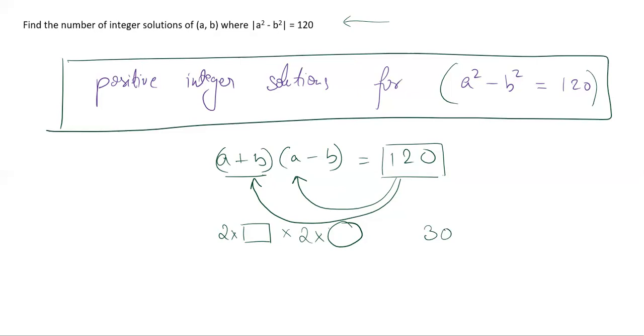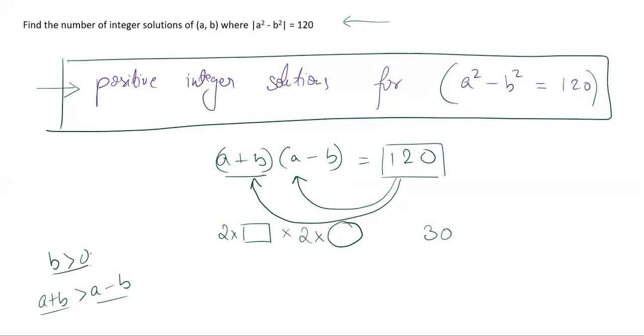Now, coming back to the variation that we are discussing now, that is the positive integer solutions, right? Because a and b have to be positive, more importantly, b is positive. Now, if b is positive, you should be able to identify that a plus b will always be greater than a minus b, right? To the same value a, on one side we are adding b, on the other side we are subtracting b. So obviously, if b is positive, then a plus b has to be greater than a minus b.